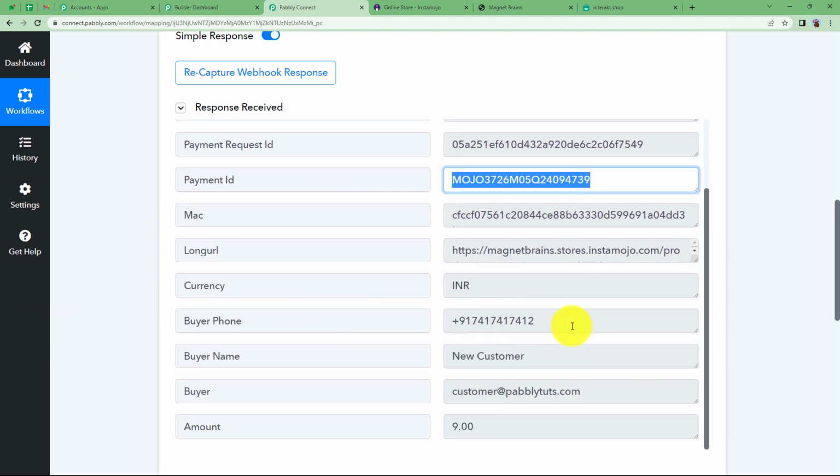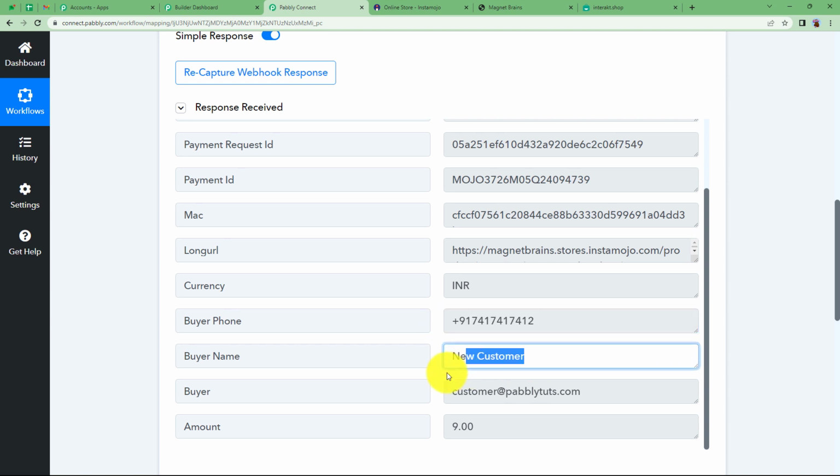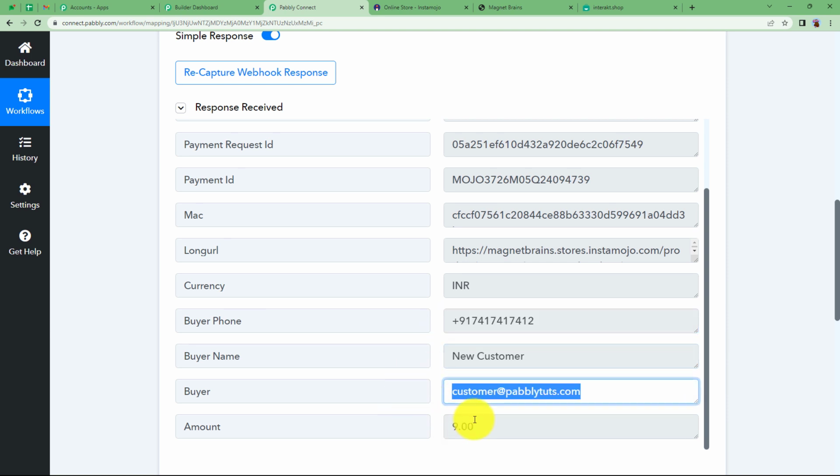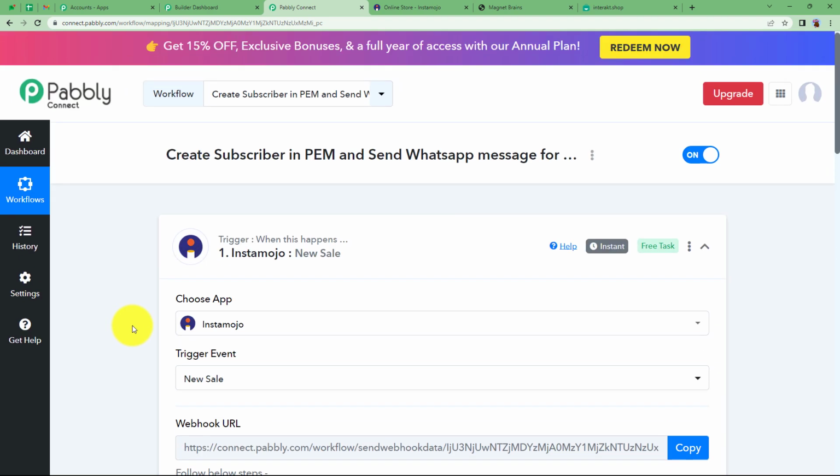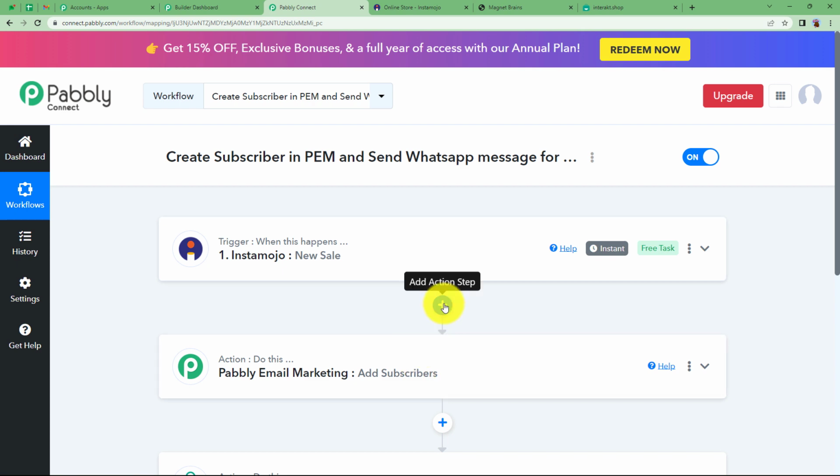Alright. Then you have what? The buyer's mobile number, the buyer's name, and the email address. The amount is also given over here. If you want to just use these data, then well and good. But if you want more data, that is the address and all, so you can just add one more step